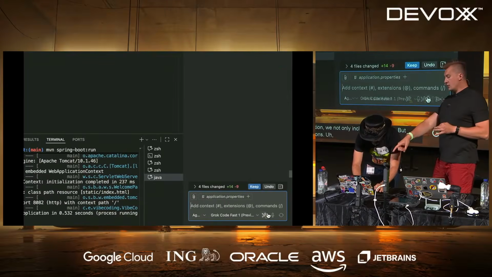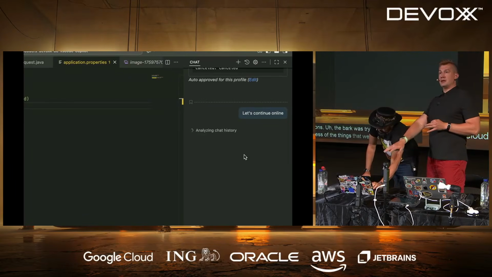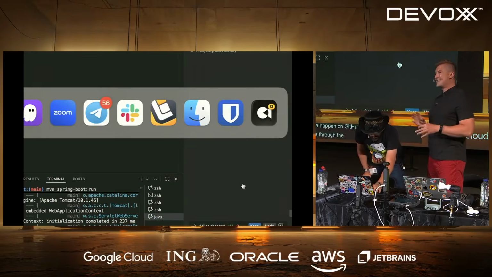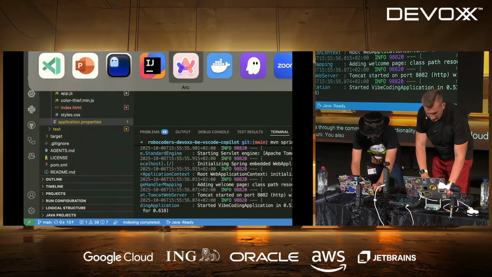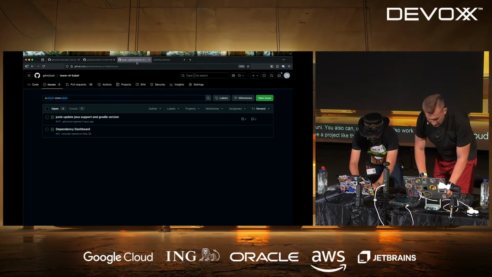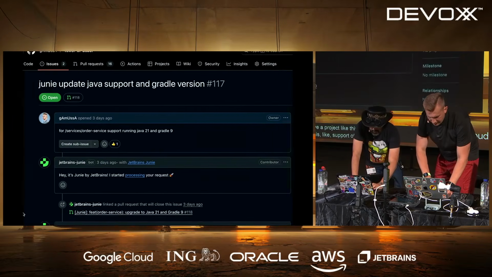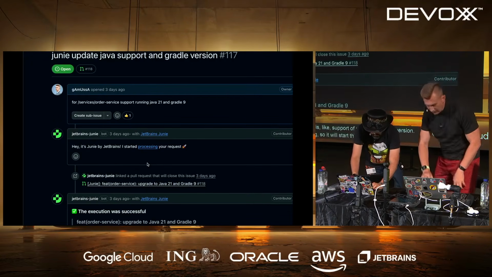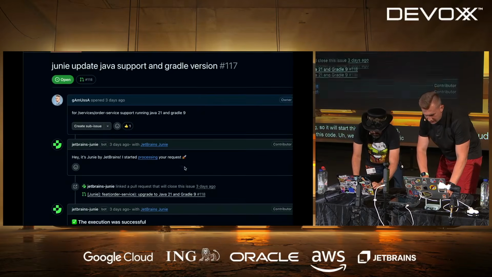What Baruch was trying to show you is that we can run the whole process of the things that we just described without any IDE. Everything happens on GitHub, and we can communicate through the comments. The same functionality is also available in JetBrains Junie. For example, I have a project where Junie is responsible for implementing support for upgrading the Kotlin version. Junie will start this project, build it, create the container, run all the code, give you a fantastic review, and after that create the pull request.